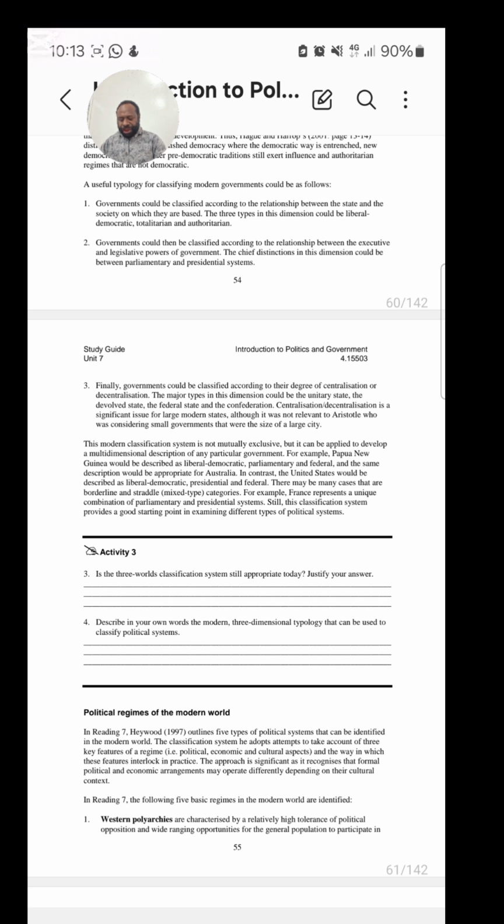Now, upon this notion here, the second sentence, and I read: the idea is that a political system is likely to be more stable when rulers govern in the long-term interest of the community rather than in the narrow interest of a particular group or themselves. Now, upon this typology here, or upon these two dimensions here,